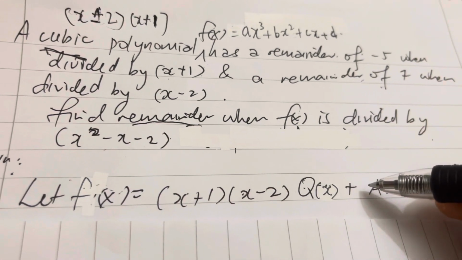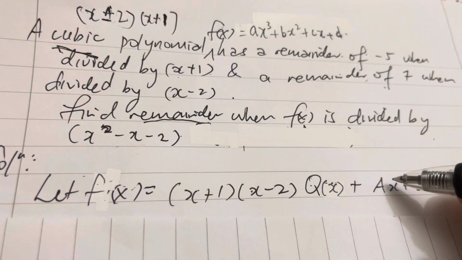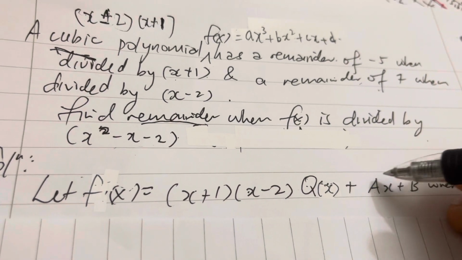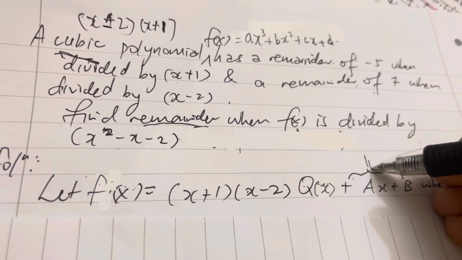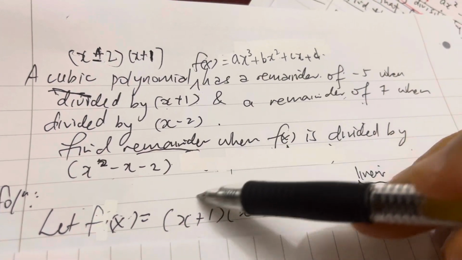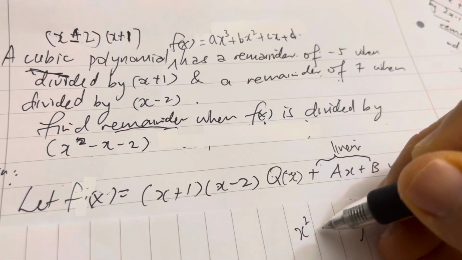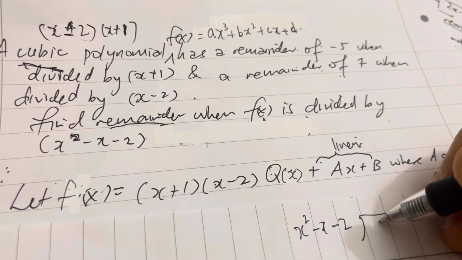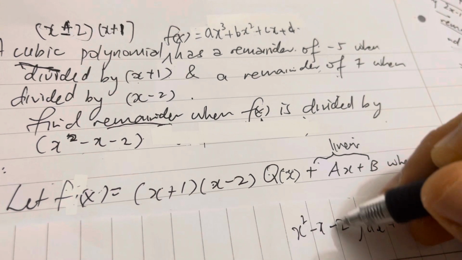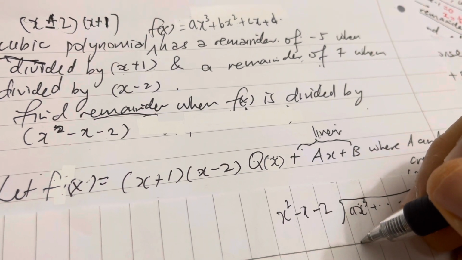How do I know that it is ax plus b and not ax squared plus bx plus c and not ax cubed plus bx squared plus cx plus d? So how do I know that it's linear? Okay, what I'm asking is, how do I know that it's linear? Now, you know that it's linear because this, which is a divisor, okay, right here, when you take your quotient, something cubic, when you take your dividend divided by your divisor here, right? Don't you agree that you will stop when your